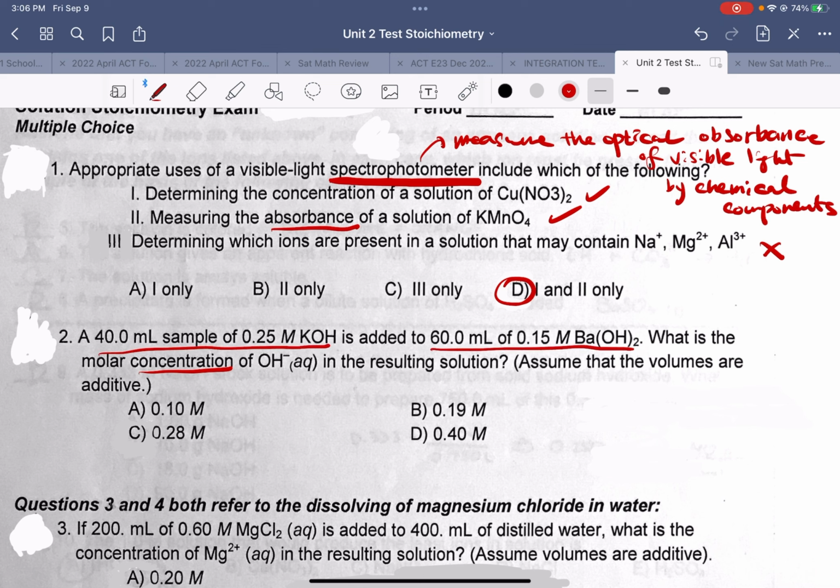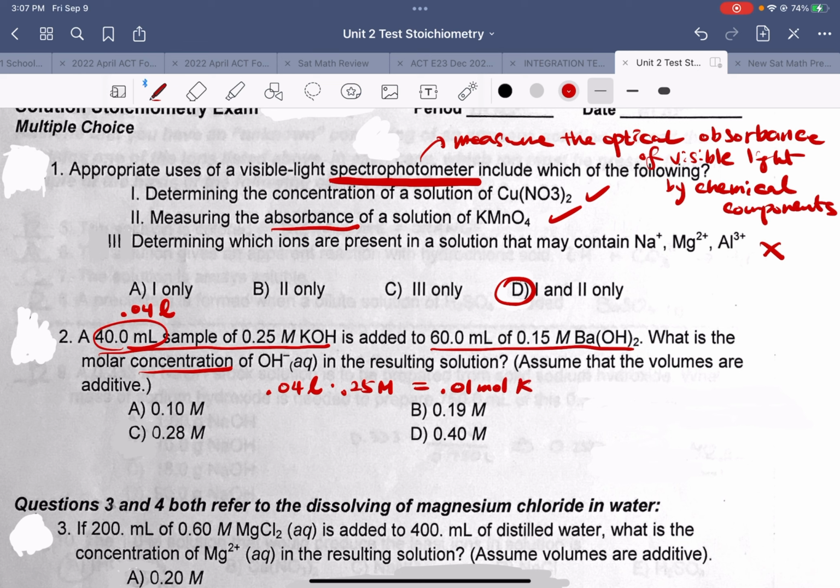To find the concentration, you need to find the moles first. You need to change milliliters into liters, so you divide by 1,000, so 0.04 liter. Molarity times liter will give you mole. So 0.04 liter times 0.25 molarity. Then if you use a calculator, you're going to get 0.01 mole